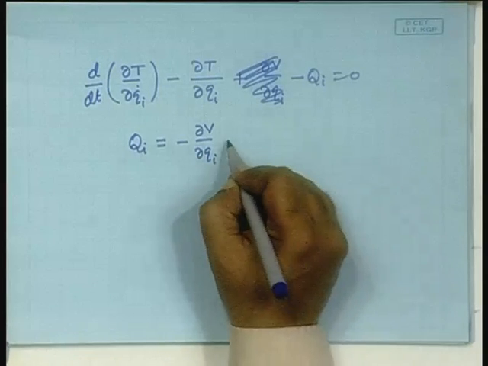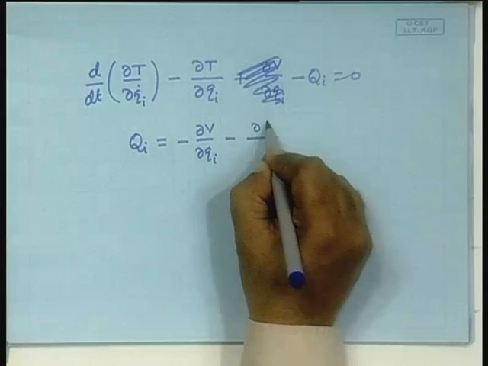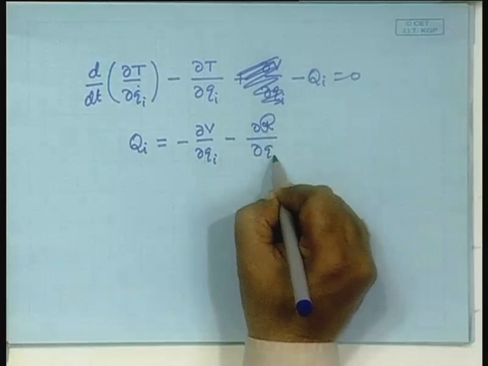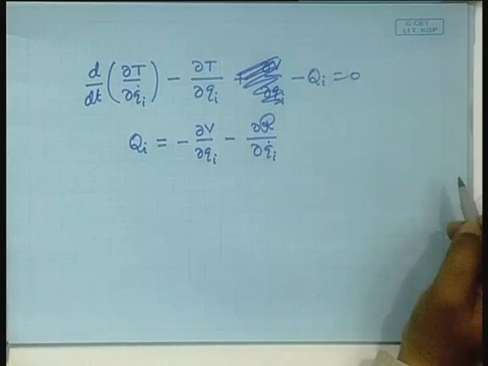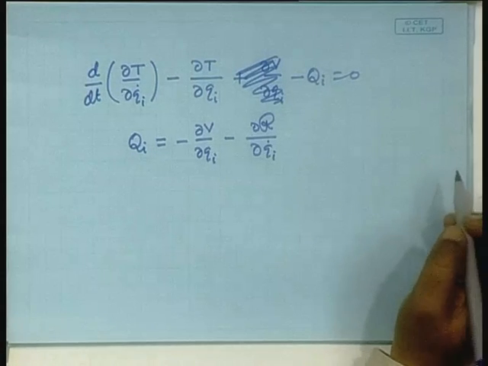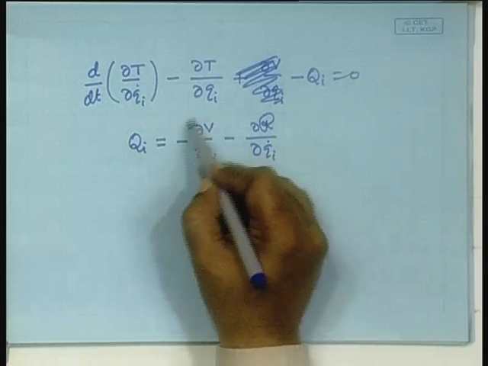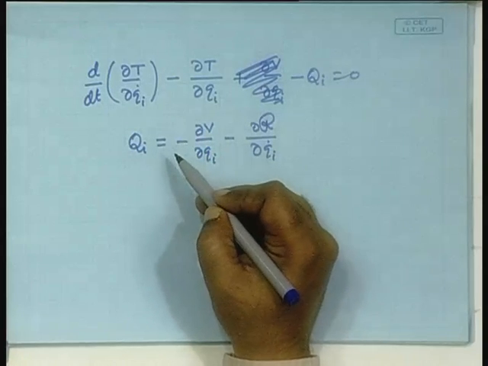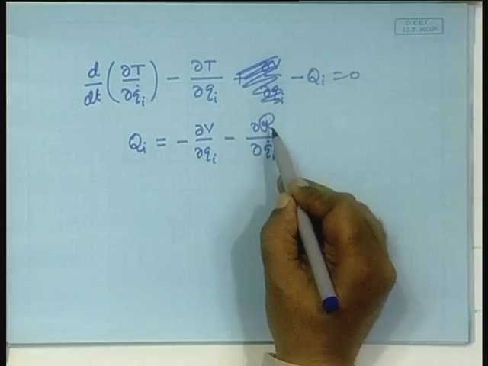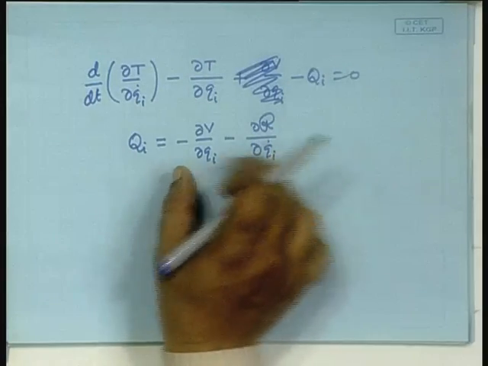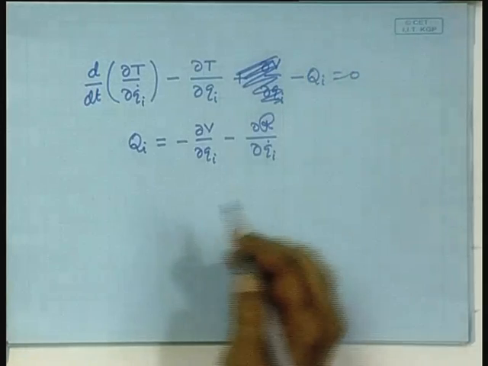Now, it has to include in addition, so if this is the new term, that means this was due to the conservative forces and this is the non-conservative forces, then these together give you the Q_i term. Substitute it here, you have